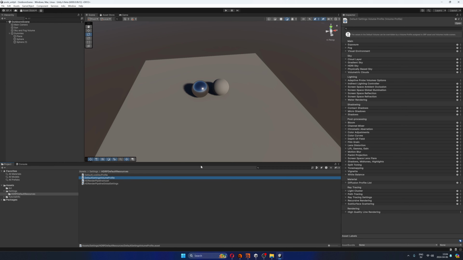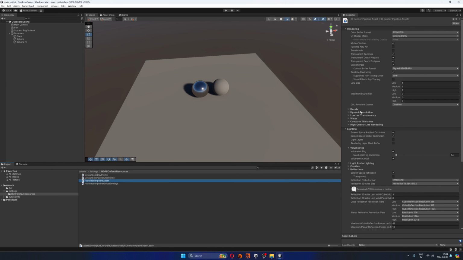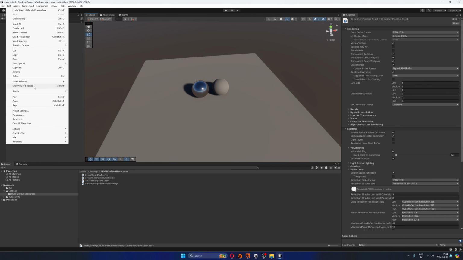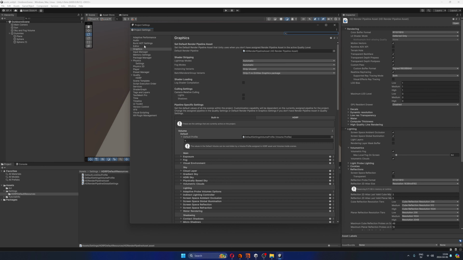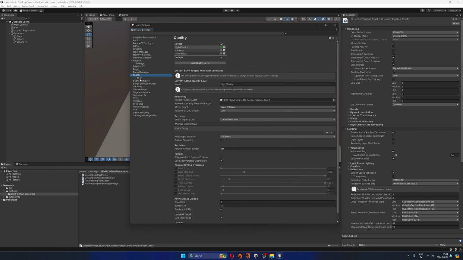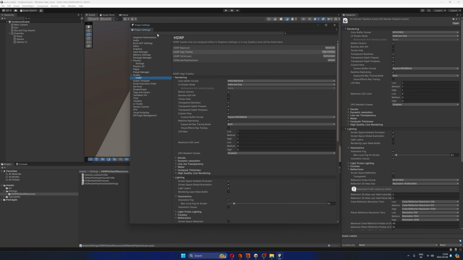So by doing this, we have enabled ray tracing capabilities in the rendering asset that we're using with high definition render pipeline. Okay, great. Now, if we go to edit project settings, if we go to quality and high definition render pipeline,